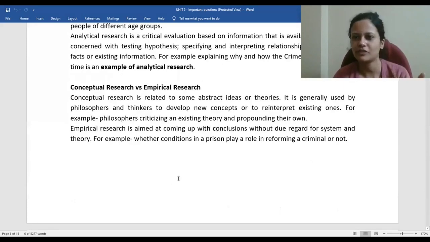As such it is not research, because these kinds of documents are anyways prepared. Like I said, the National Crime Records Bureau will collect information from all the police stations across India, put everything together in a document, and that one we can refer to as a primary source of information. Same way, Jan Ganana is collecting information as a primary document, and it can further be referred for the purpose of different research.